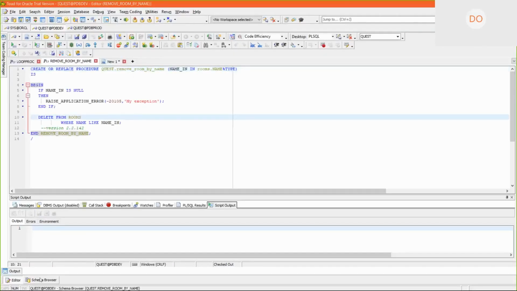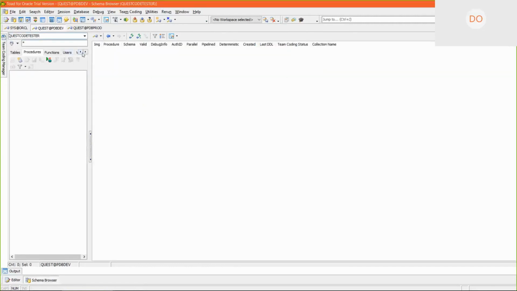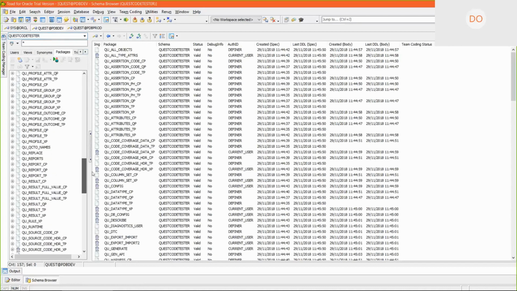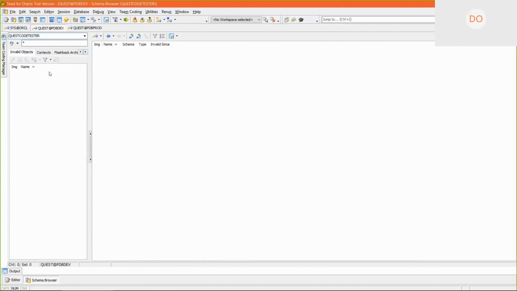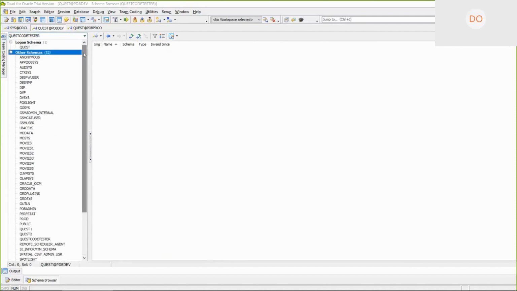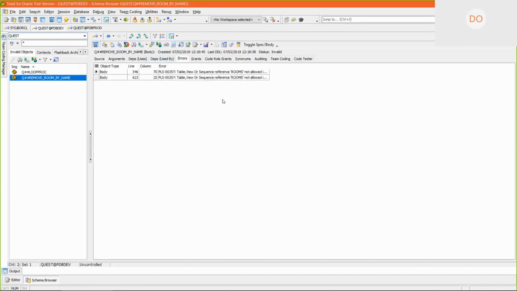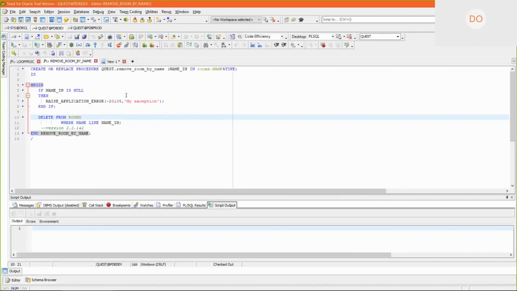So all the tests are saved into the schema. So if I go to my, sorry about this. Looking for the actual test. Invalid objects. I'm not sure which schema it's in. Okay, it's here. Just need to check the error. I think I call the rooms